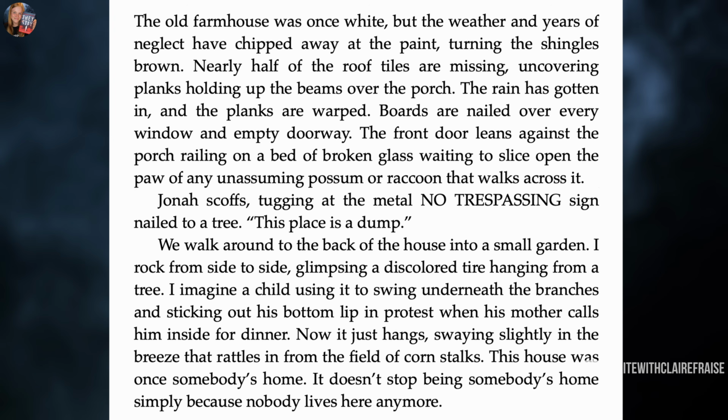So this follows the general structure. At the beginning, we talk about how it was white, and then half the roof tiles are missing. There are warped planks, there are boards nailed over the windows, there's broken glass on the front porch. Just the kind of broad strokes to tell you that this house is not in great shape. And then Jonah walks up to it, and Jonah tugs at the no trespassing sign. So that's a physical movement, an active motion on the part of Jonah, and he's moving the no trespassing sign and shaking it, which also reveals that there's a no trespassing sign